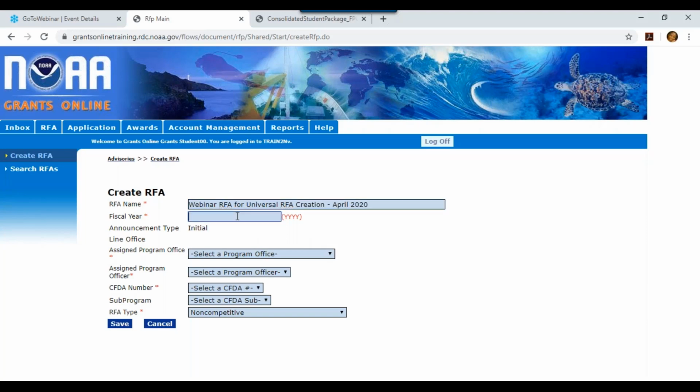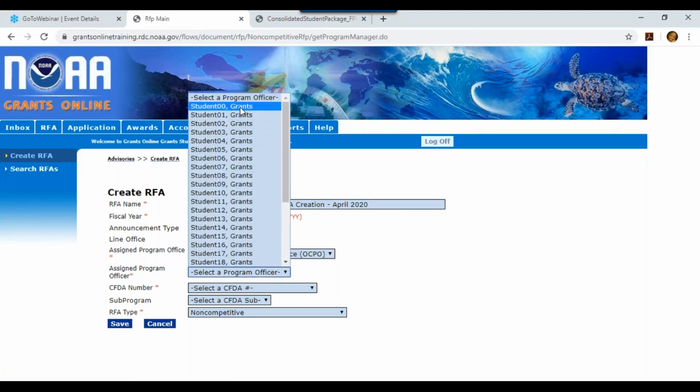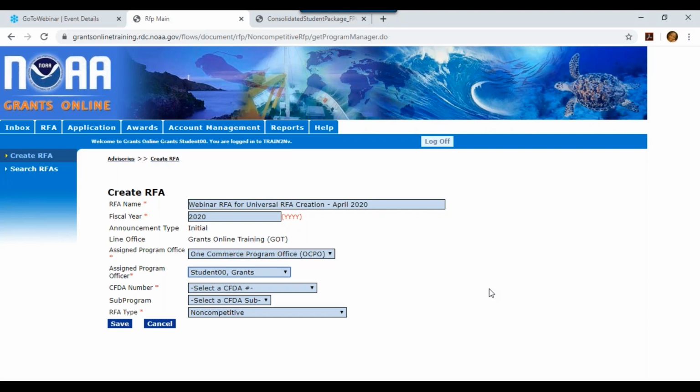I'm going to put in our current fiscal year, which is 2020. Our training program office is OCPO, One Commerce Program Office. And program officer, I'm going to use student 00, which is the one that I use as an instructor. You're going to have your own student number. So when you're doing the exercise, be sure to select the one that has the number that you've been given